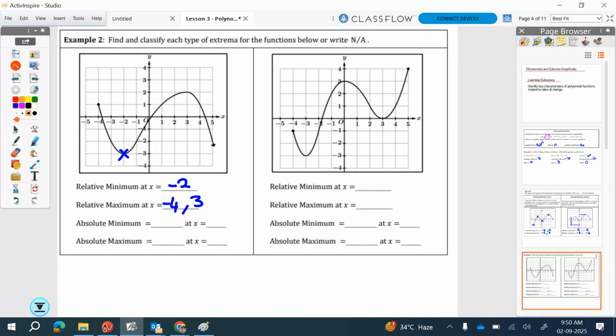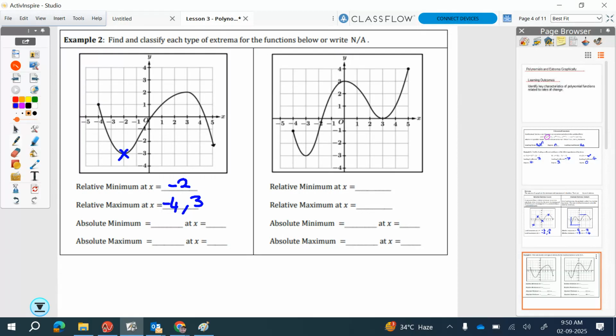Is minus 3 a maximum? Absolute, although on that one, some teachers or some textbooks will vary slightly and not include endpoints, but they should be. So endpoints also count. What about that arrow down there with arrow 5? We'll talk about that. Okay, so the absolute minimum of this one,